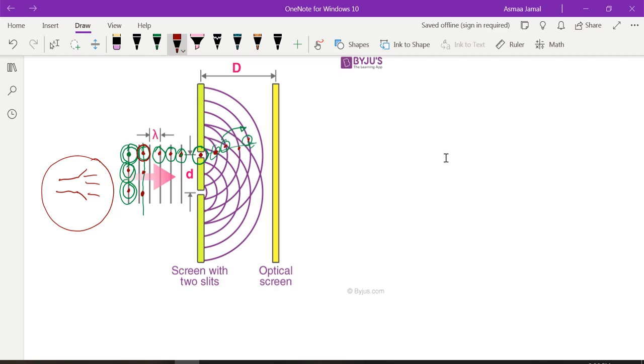But what is a wavefront? A wavefront is an imaginary surface that we draw to represent the vibrating part of a wave. So it's imaginary, it's not something real. But we use it to explain the idea of vibration of the light or the waves. And we have three types.